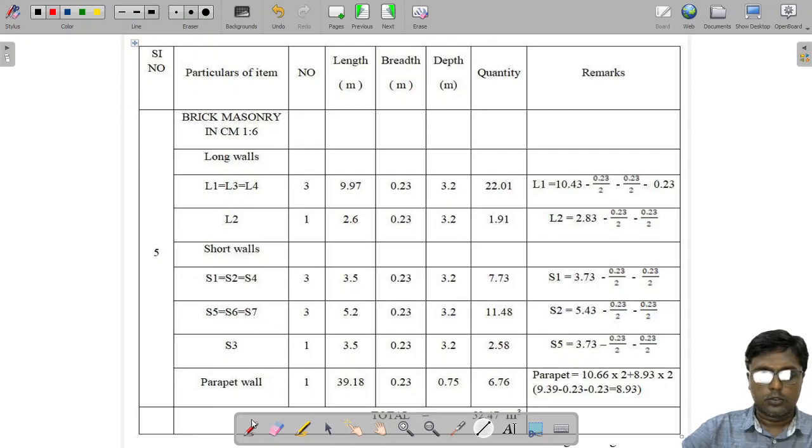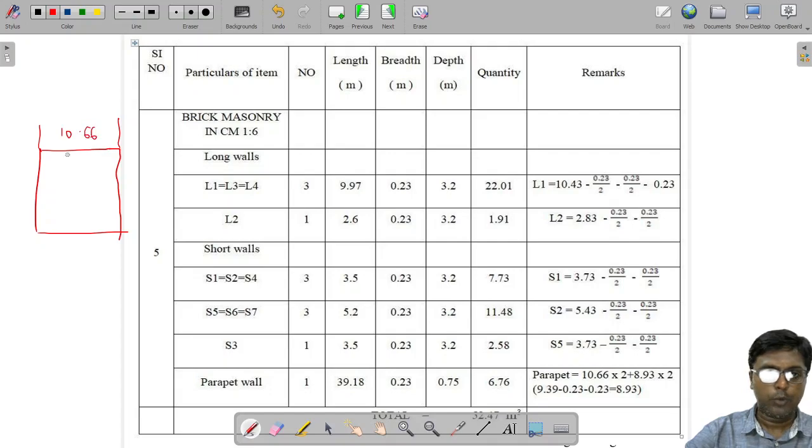Sorry. So 10.66 is this. This is our building, rectangular building. So 10.6 is the out to out. So first I will put my parapet here. 10.6 is the whole length I will put. Again this is the same, so I will take it as 2. So one wall is over. So we have put parapet on both these walls.